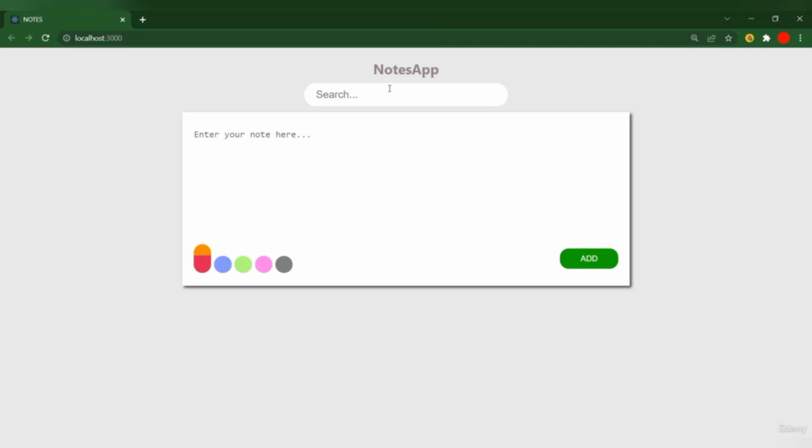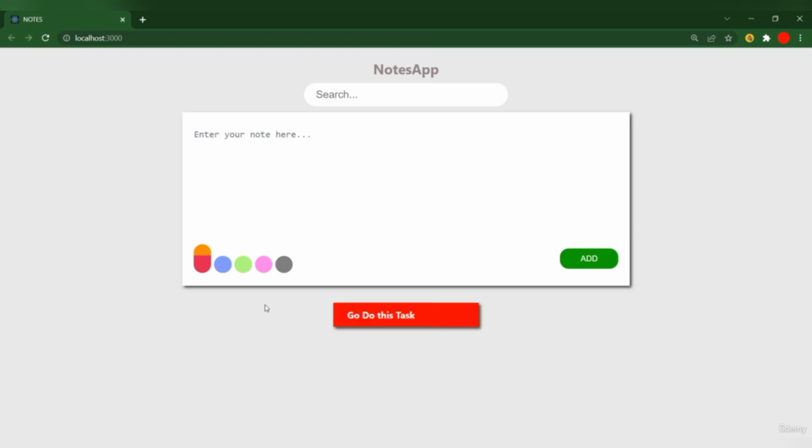Alright, so now let's take a look at the application that we're making. So this is a notes application which is going to enable us to create notes. For example, if I just decide that I'm going to create some notes, just some random text, for example, go do this task, and if I just hit enter or I click on this add button, this task is going